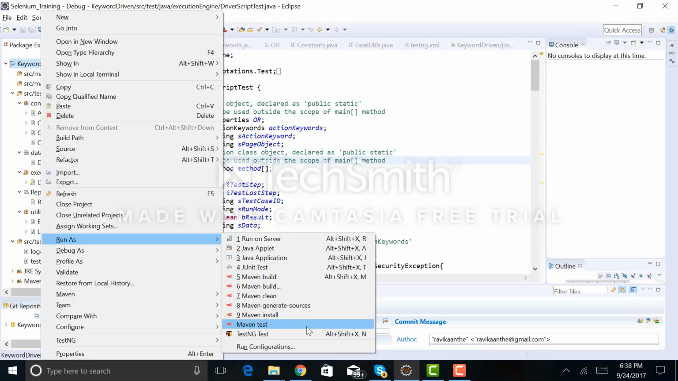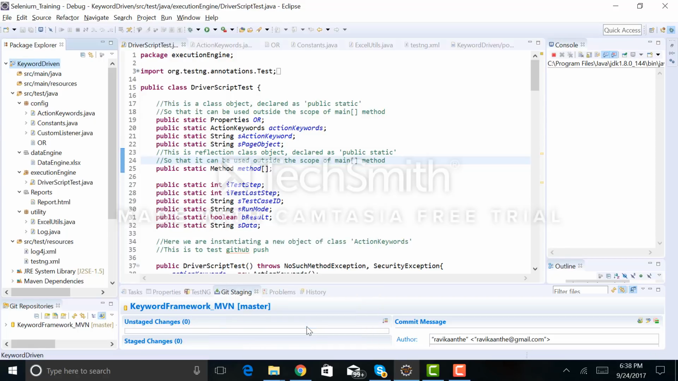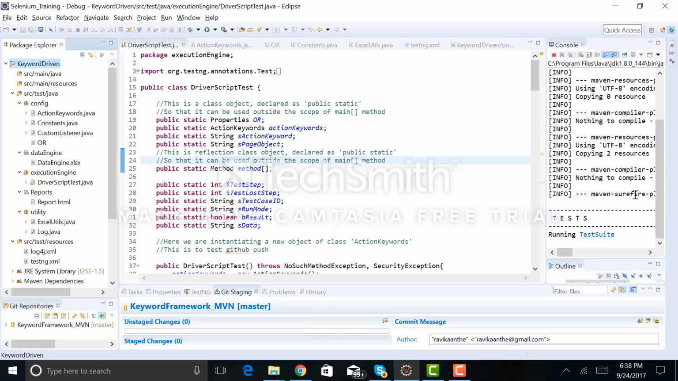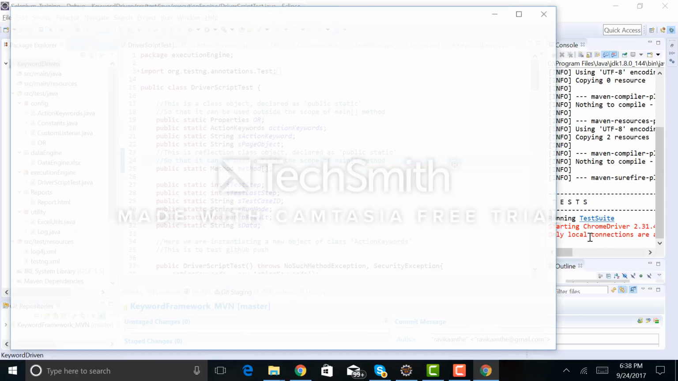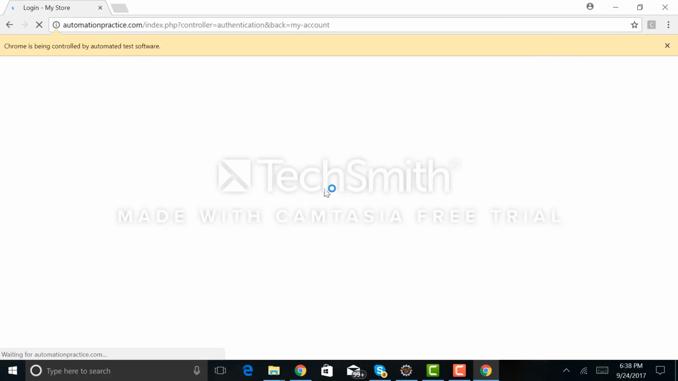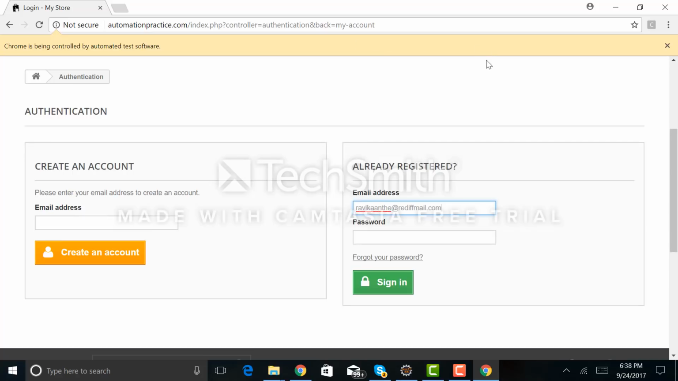I'm running this as Maven test. Okay, so once you click run, it's just building my project and then running my test suite. Okay, it's opened my Chrome browser and then navigated to account, and it's provided username, password and everything, and